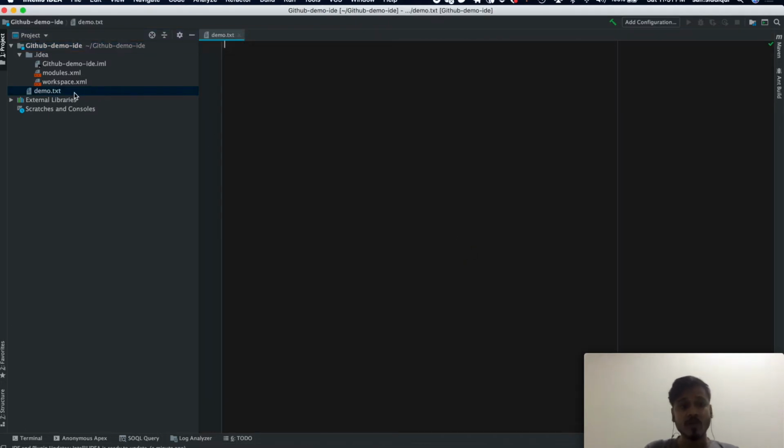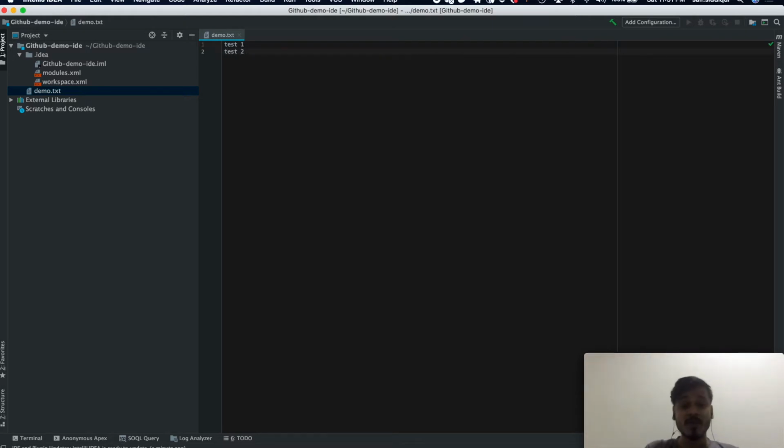Now suppose I want to push this into GitHub as a repository, so I need to push the whole folder. And say for example I am writing some data, test 1, test 2.